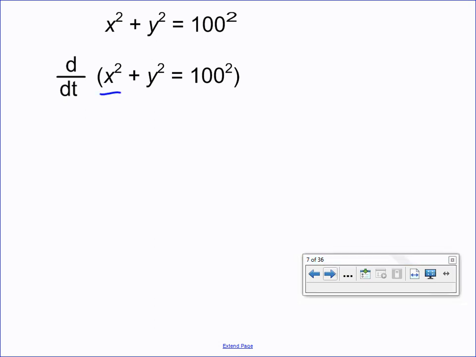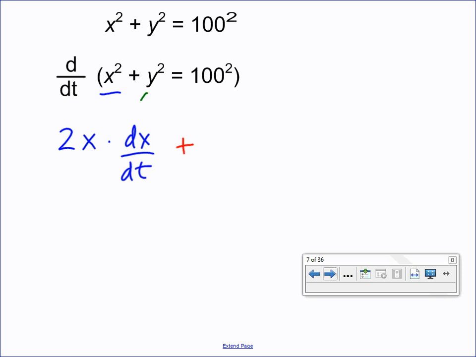Going term by term, the derivative of x squared with respect to time is a chain rule. Exponent times the base raised to 1 less, and then times the derivative of the base. What's the derivative of x with respect to time? Well, that's my dx/dt. There's my Leibniz notation for the rate of change, the instantaneous rate of change in x with respect to time. Plus,